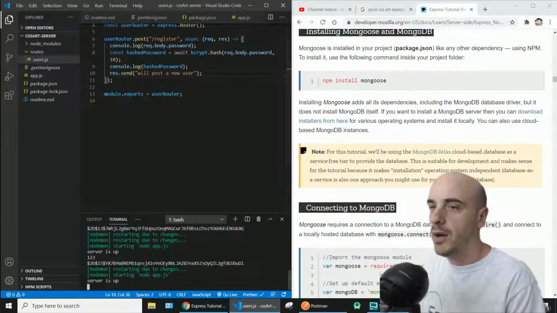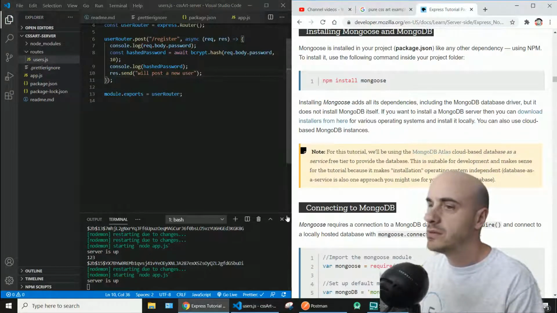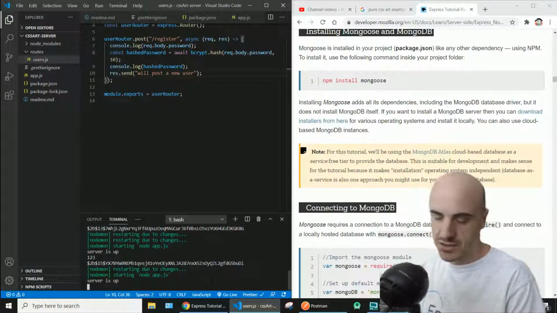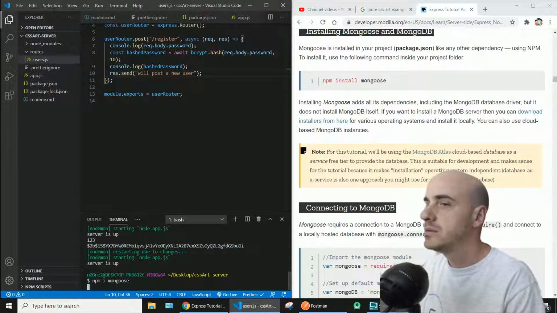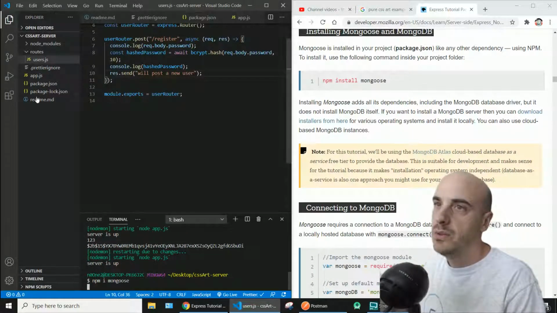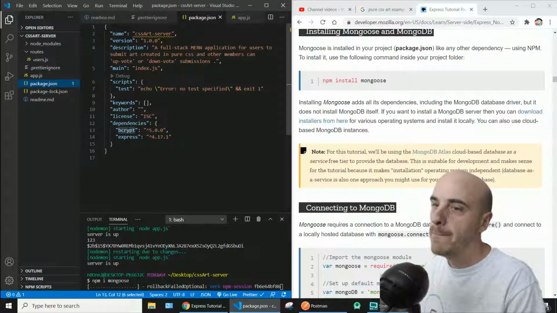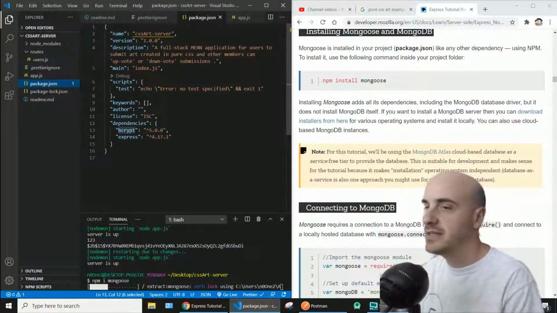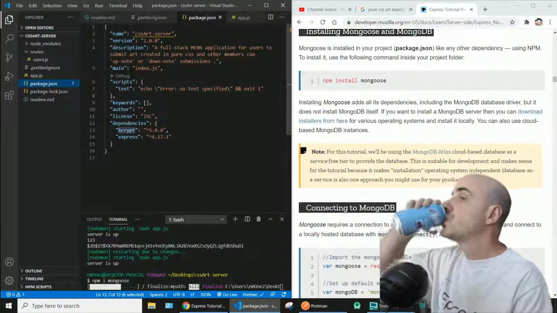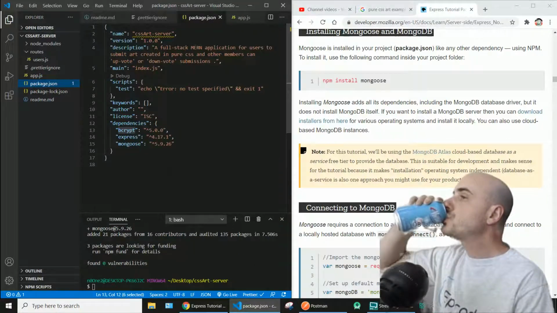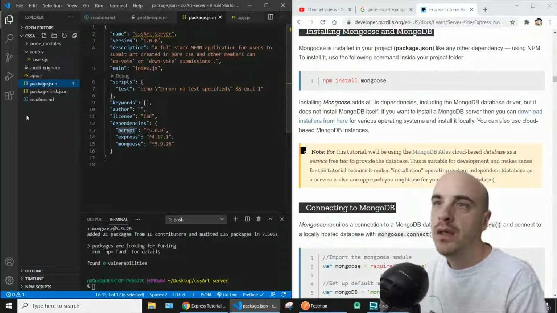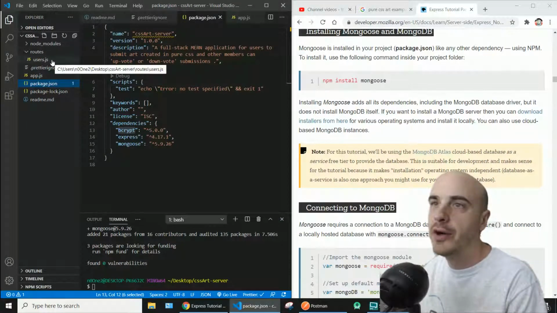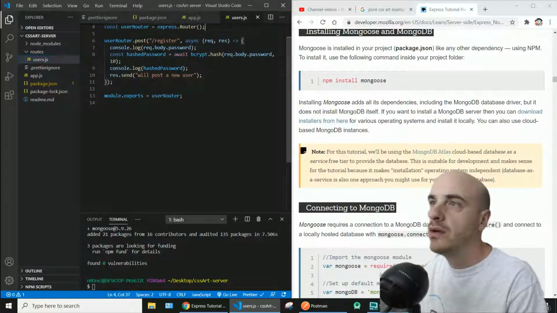So we want to install Mongoose. So we know we have to shut down our server. npm install mongoose. And we check out our package.json, and we'll see it be added to the dependencies. All right. So now in our user router, we want to go ahead